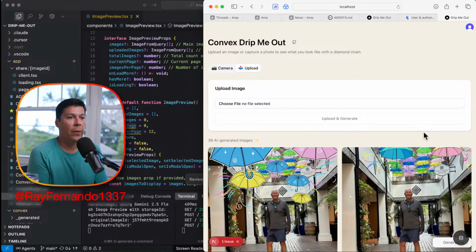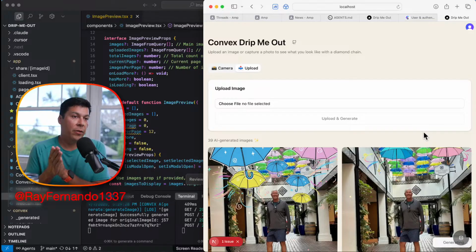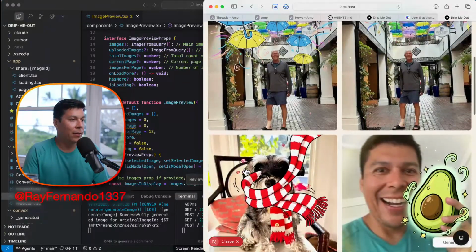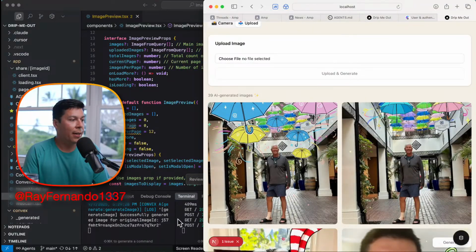For those who are following along, we're using AMP Code, and we're using that in place of Claude Code. And typically I would use Opus for planning. In this case, in AMP Code, they have a feature called Oracle, which does its planning as well, and it can search through the code base. One of the strengths of AMP Code is its ability to search through your code base really quickly. It has a lot of extra sauce that they do on the back end for their own indexing and everything. And so it looks like it says it successfully generated an image, but I don't get any